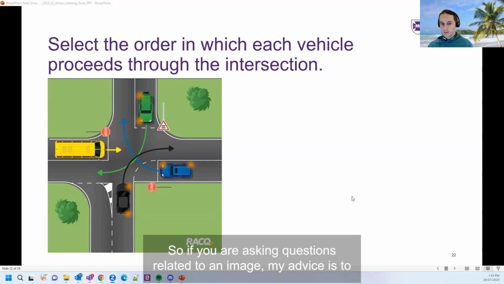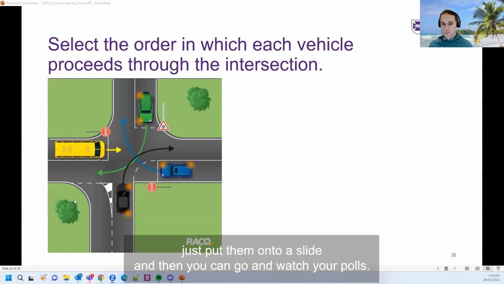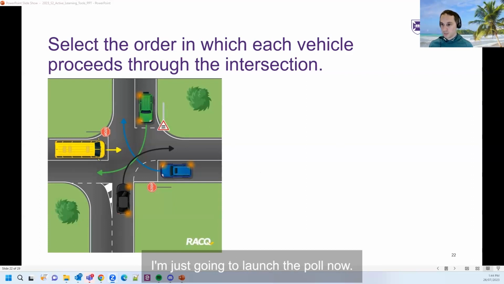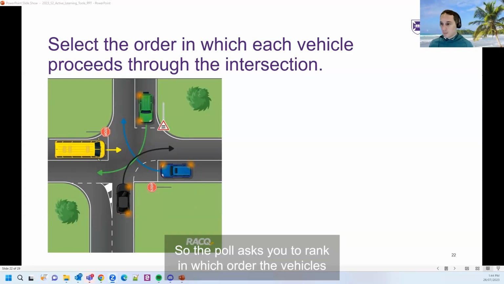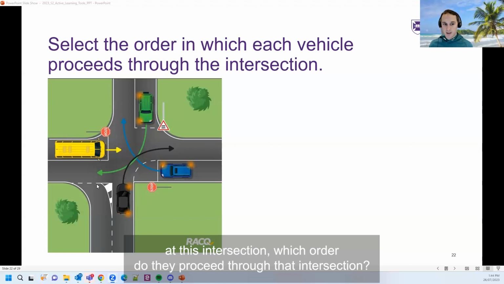So if you are asking questions related to an image, my advice is to just put them onto a slide, and then you can go and launch your poll. So I'm just going to launch the poll now. You'll have a poll pop up on your screen, and that poll is related to this image that I have on my PowerPoint slide. The poll asks you to rank in which order the vehicles at this intersection proceed